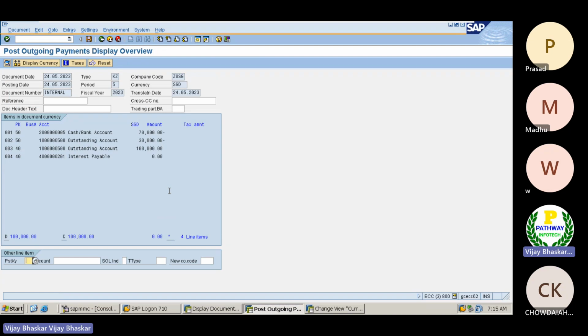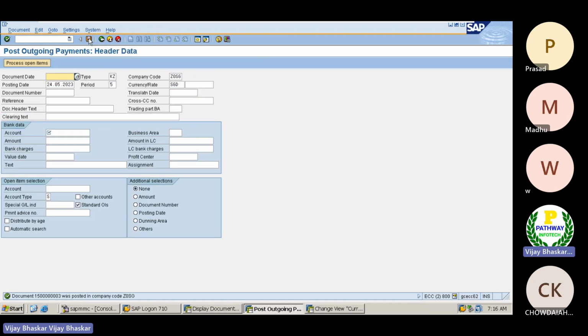Now the system is popping up. Okay, now it has been adjusted. Just ignore this one. For the time being, I have maintained this difference account. This has to go to this one. Now see, this is the 70,000 rupees which I am paying, 70,000 SGD. Then the 30,000 rupees is still outstanding. Then this 1 lakh rupees also is being treated by the system. The system is showing all three line items in one document. Then let me post this one.